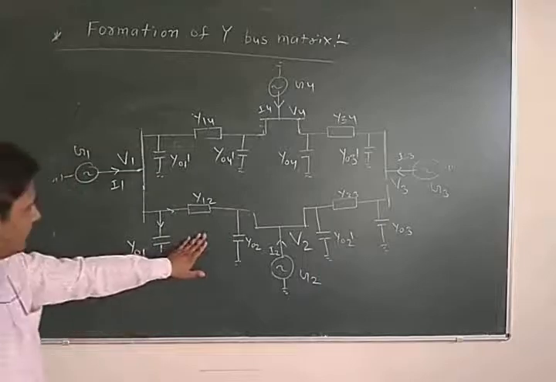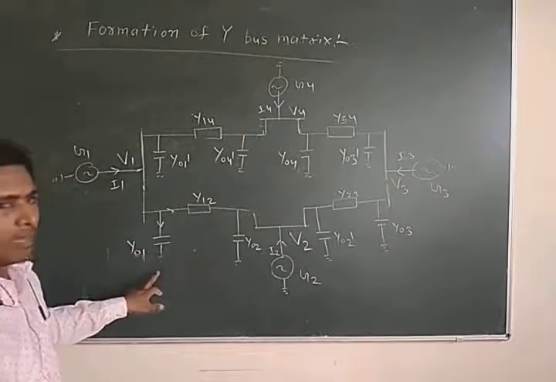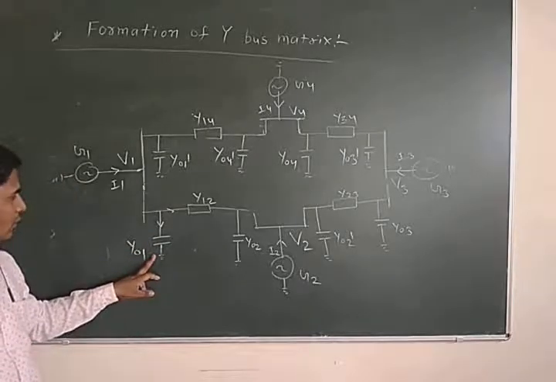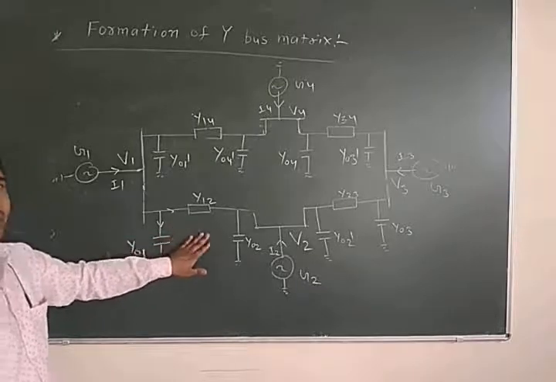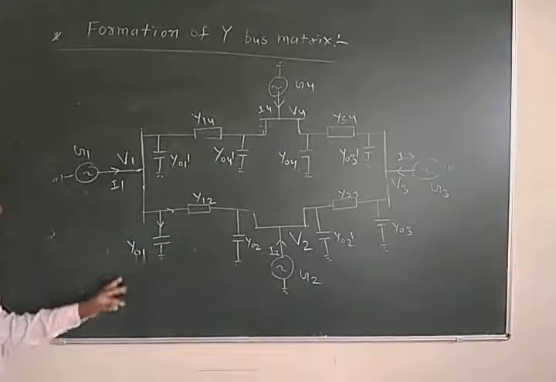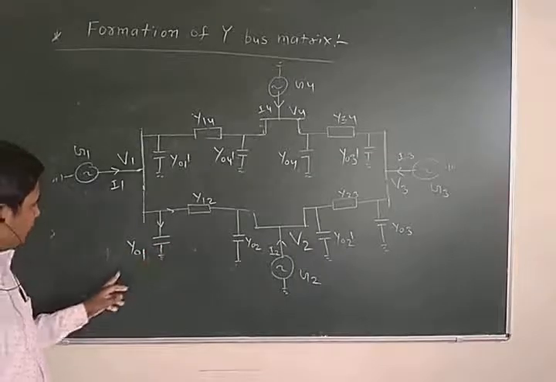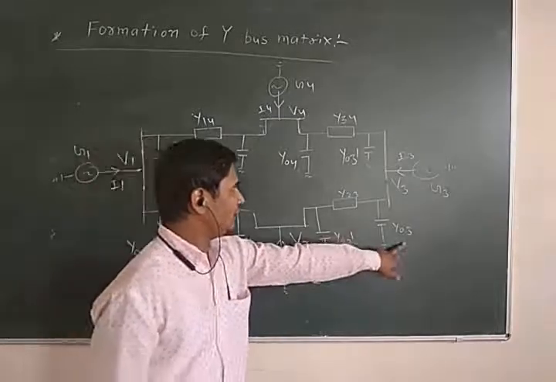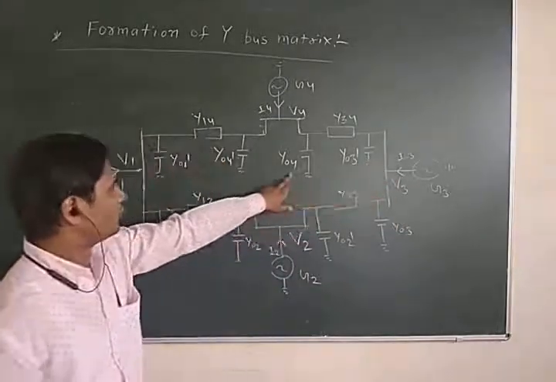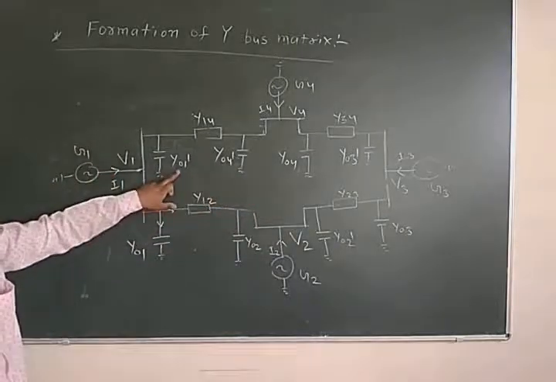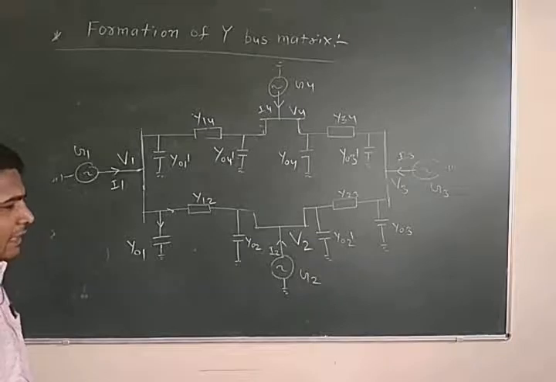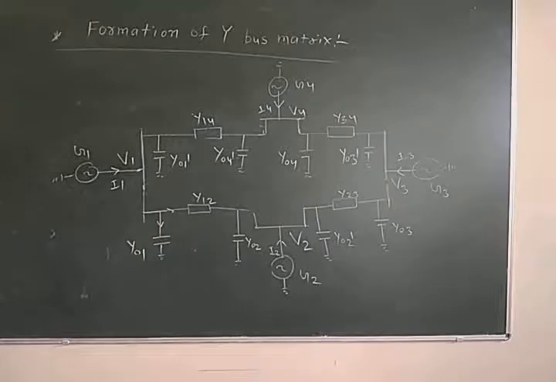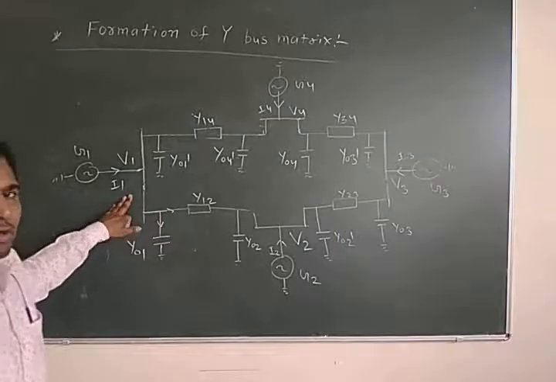Now the transmission line parameters are considered as lumped parameters, so we consider charging admittance also. Here we use the pi network of the transmission line in which there are charging admittances. For example, there are Y01, Y01 dash, Y02, Y02 dash, Y03, Y03 dash, Y04 and Y04 dash. These are the charging admittances at the buses. Now the procedure is that we have to apply nodal analysis